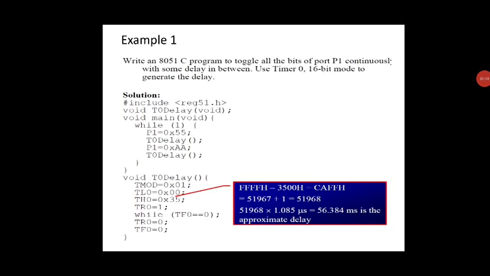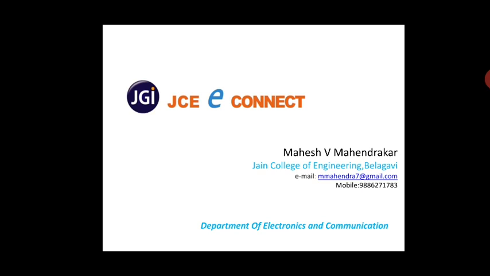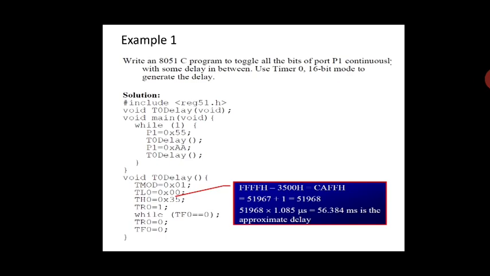Welcome to today's session. In this class, we'll continue from the timer operation. Let us see how we are programming the timer using a C program. Previously we might have used assembly language code. Here we are using simple C code to write a timer operation. The steps of operation will be similar, except that we are using a C program.